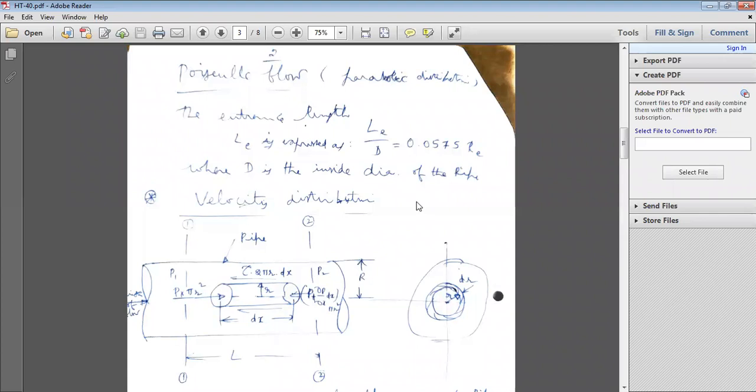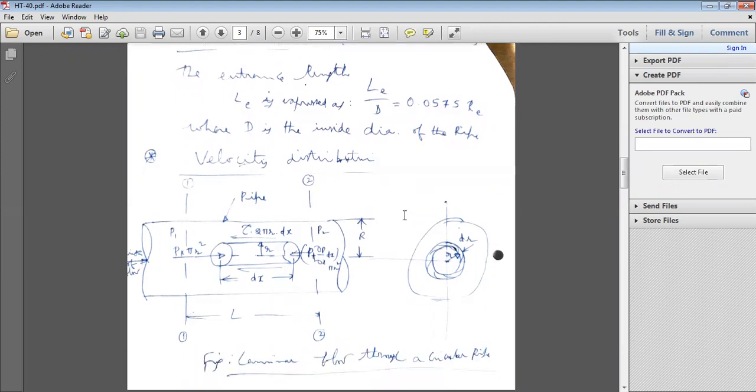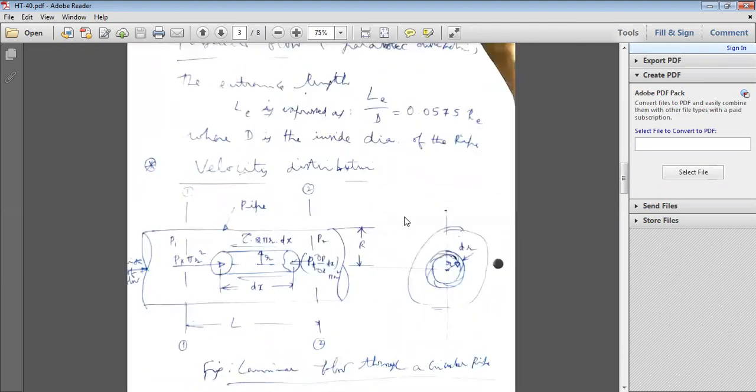So how do you find the Reynolds number here? Because the diameter of the pipe is the characteristic length, it is rho Vd by mu. How do you calculate the Reynolds number in the pipe? For a flat plate, it is rho Vx by mu. In the case of a pipe or tube, it is rho Vd by mu. Okay?